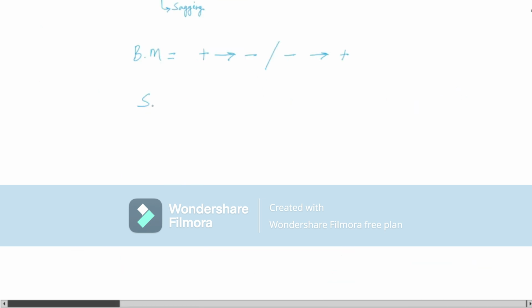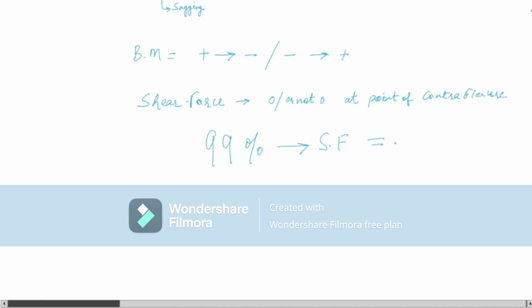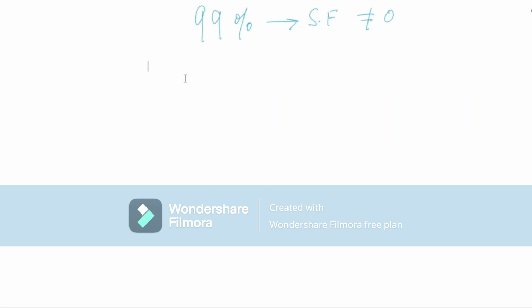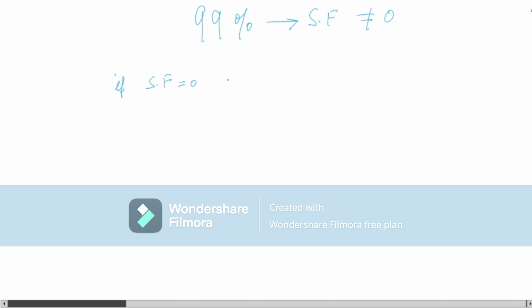Now there is another term, another parameter, which is shear force. It may or may not be 0 at the point of contraflexure. In 99% of cases, shear force is non-zero at the point of contraflexure. However, in some applications it becomes 0 at that point,